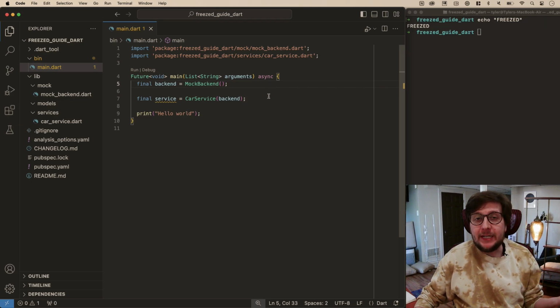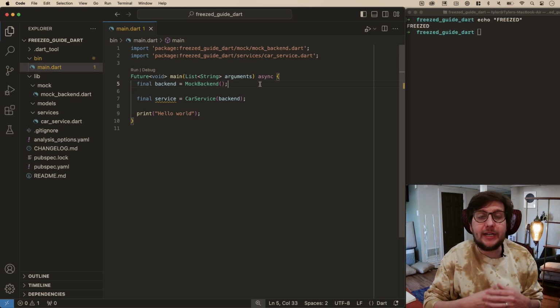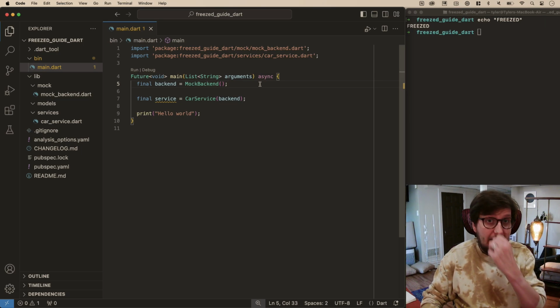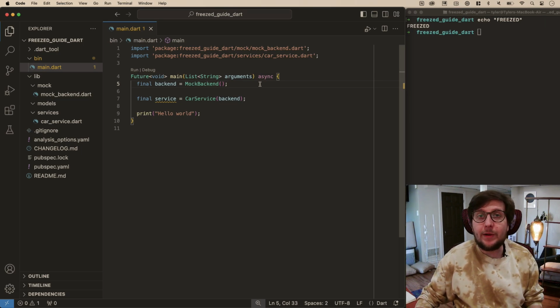So what really is Freezed? It's a way to essentially have models in your application and work with them in a really nice way, especially with serialization and deserialization. So for instance, I'm calling an API and I'm getting data back. I want to be able to handle that and convert it to a type-safe Dart object rather than working with it as a map string dynamic. That's really what it's meant for,